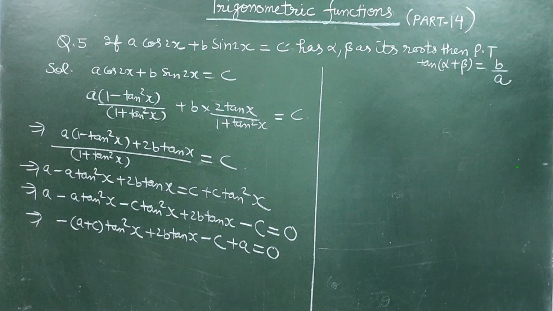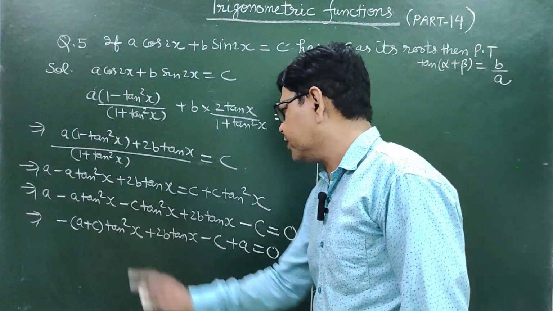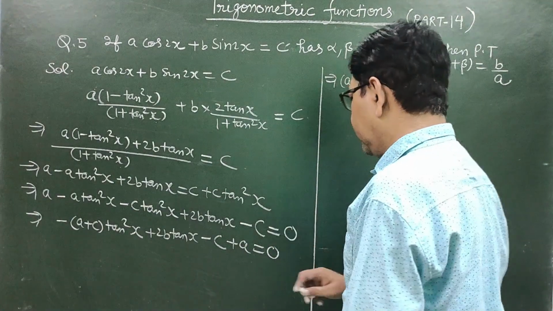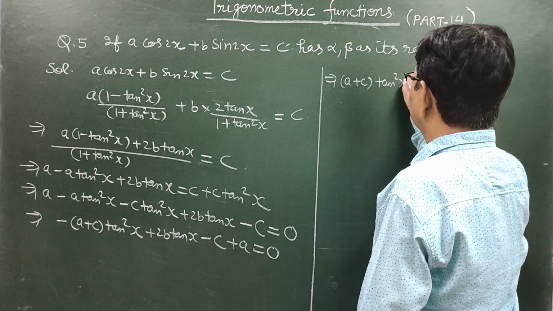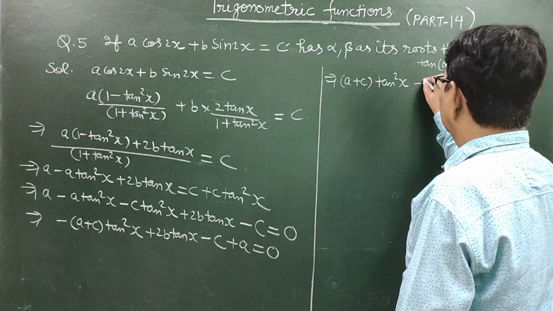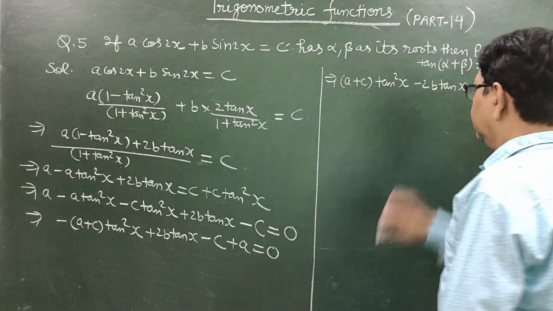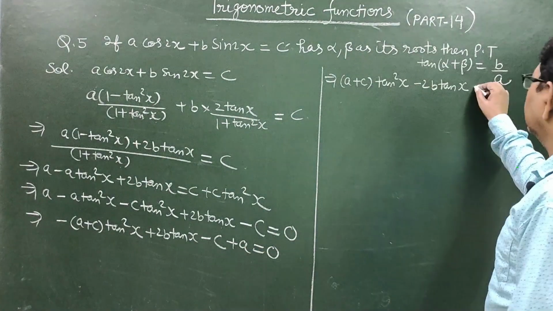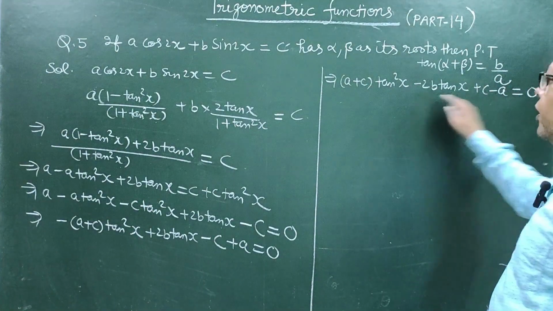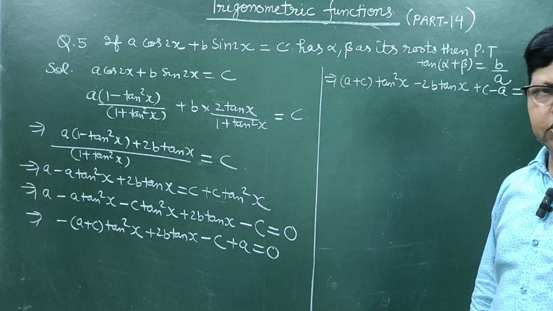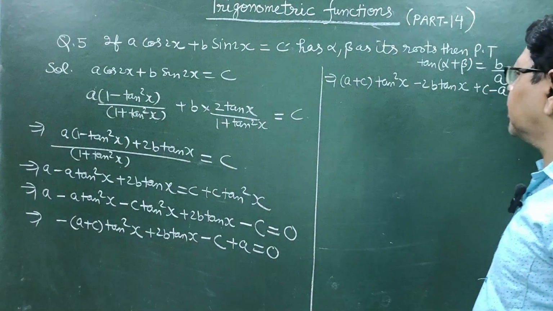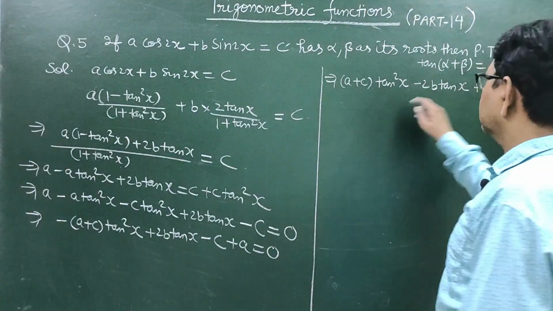Now if I take minus sign common from the whole expression in the left hand side, then I can write a plus c tan square x minus 2b tan x plus c minus a is equal to 0. And you can see this is a quadratic equation in tan x. Roots of this equation are alpha and beta, so roots of this quadratic equation in tan x are